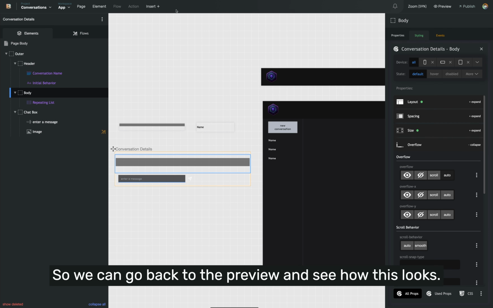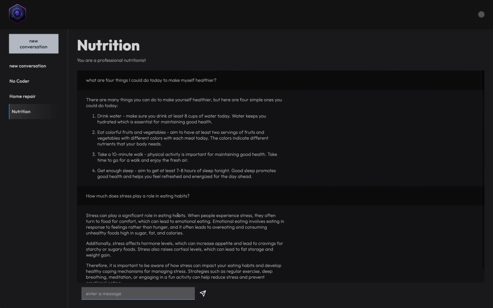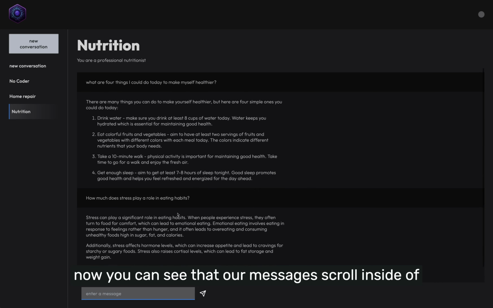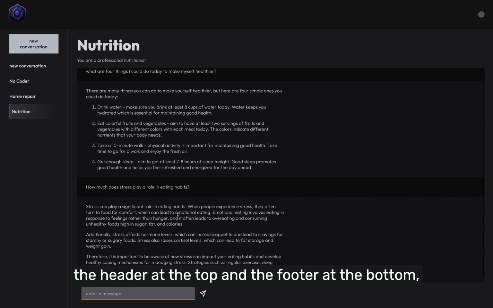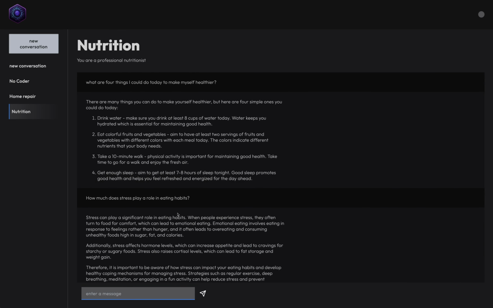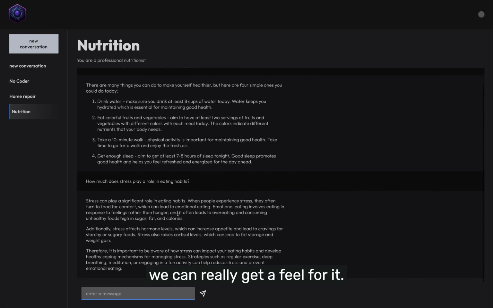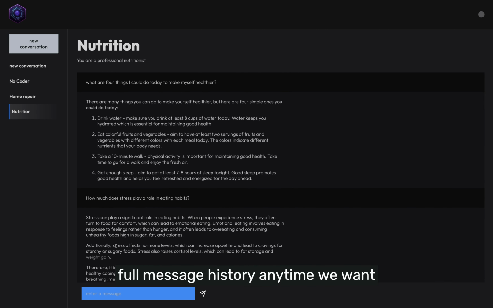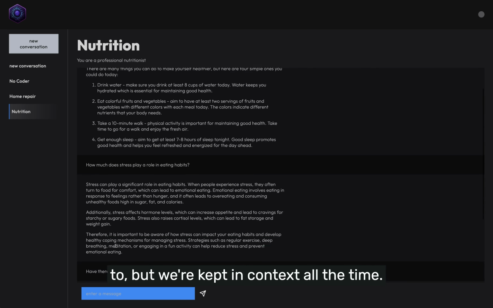So we can go back to the preview and see how this looks. Now you can see that our messages scroll inside of the header at the top and the footer at the bottom. And if we add another message, we can really get a feel for it. All right, so that's pretty cool. We can now scroll up and down, view the full message history anytime we want to, but we're kept in